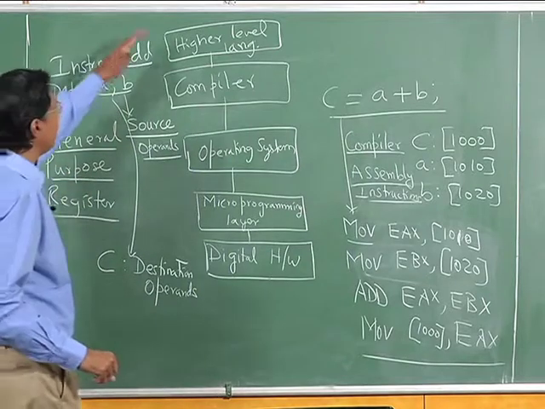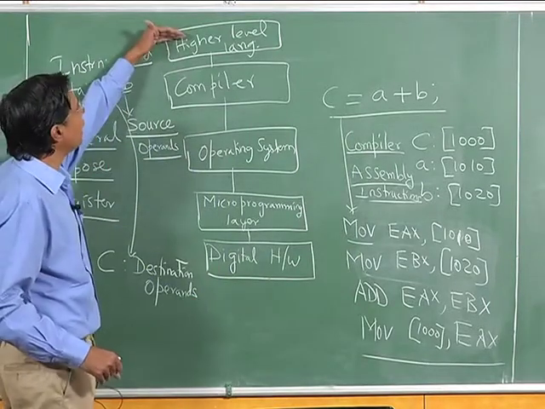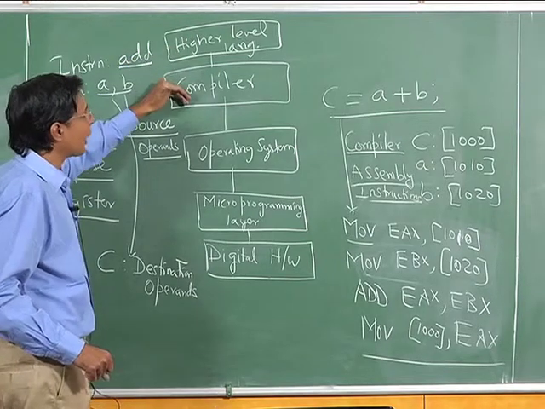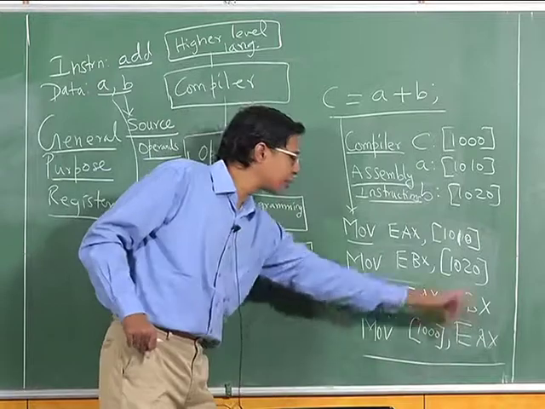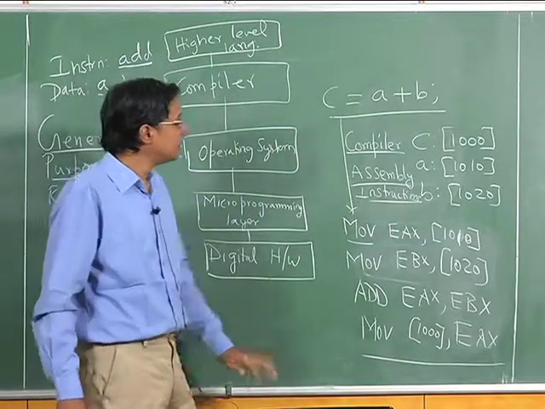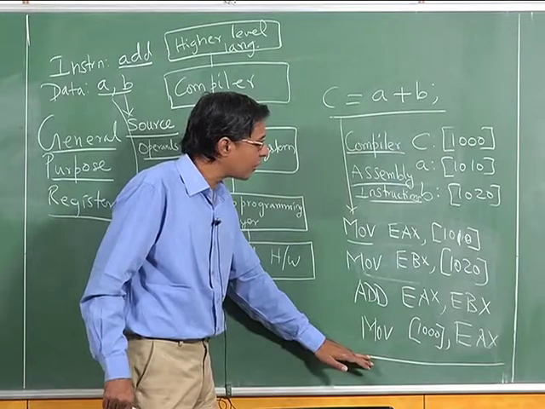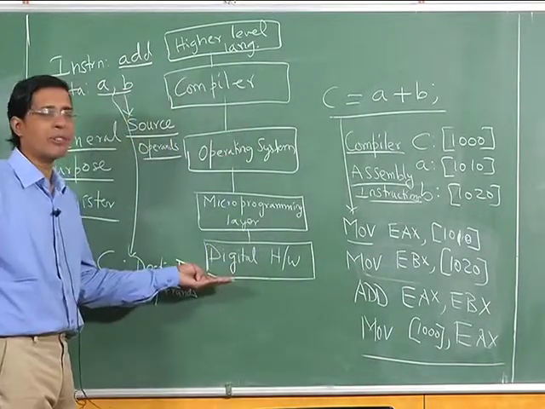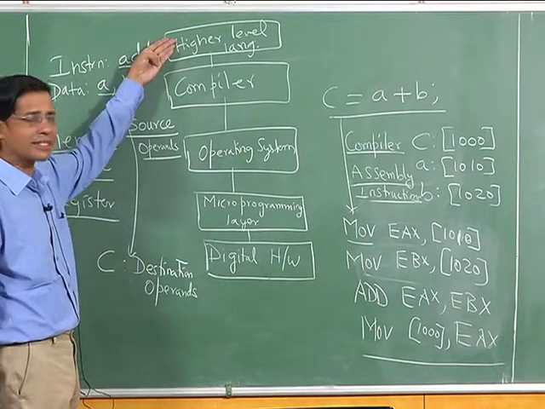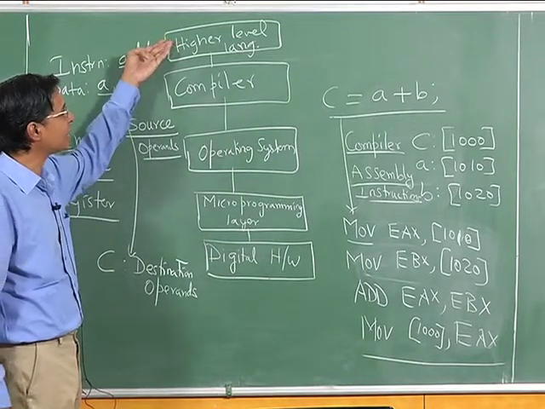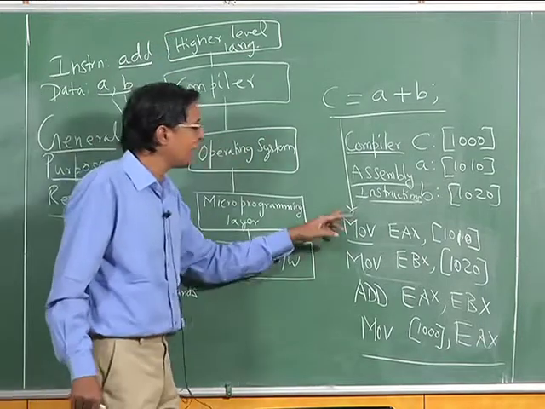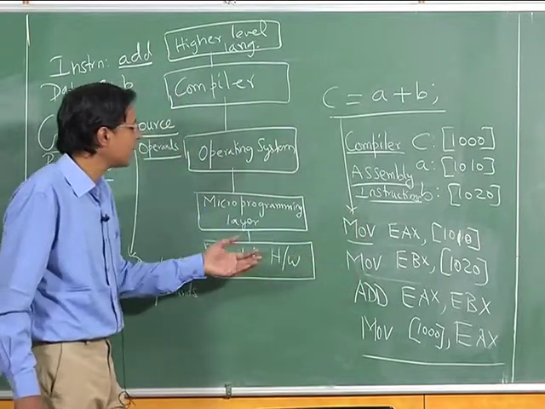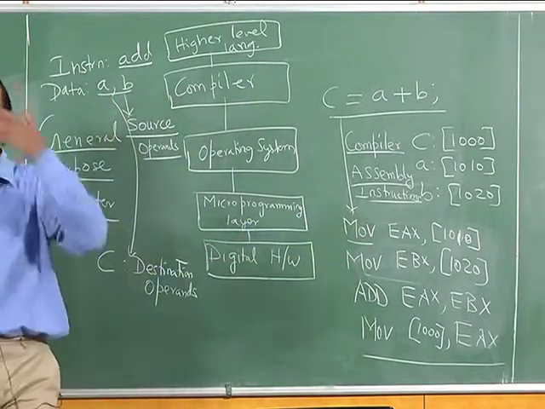So what you see in this organization is a higher level language, namely C equal to A plus B, and that goes through a compiler, and the compiler gives you this assembly code. This is the language called assembly language, that is understandable by the hardware. Your hardware cannot directly understand the C language, it has to get translated by a compiler into another language, namely the assembly language, and it is this language that the hardware can understand.